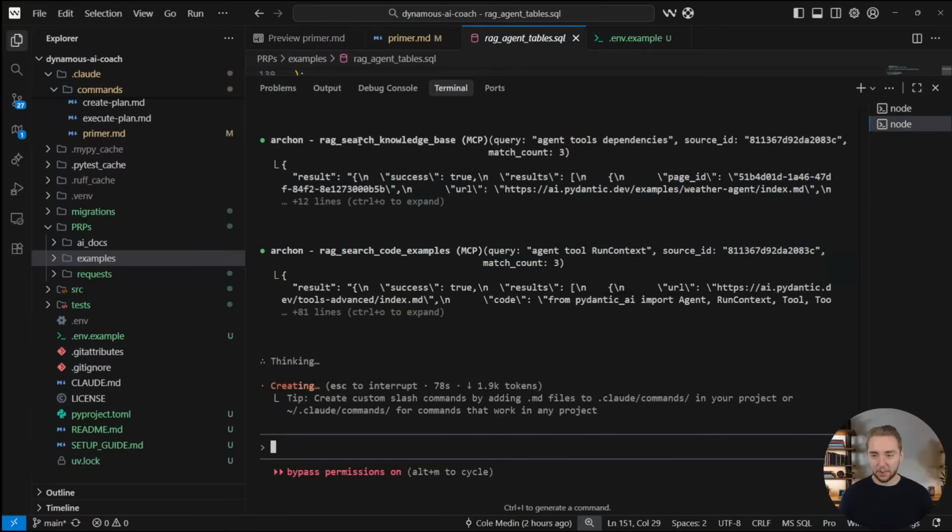All right, cool. So it's searching the RAG knowledge base for Pydantic AI. That's looking really good. So that'll help create its plan as well. And so once this is done, then I'll run the create plan command. So, all right. Yeah, so while this is going,